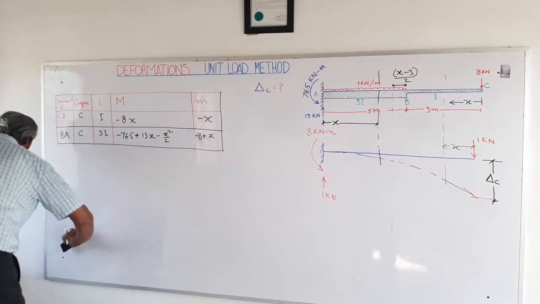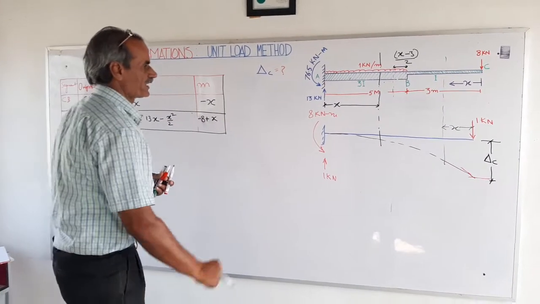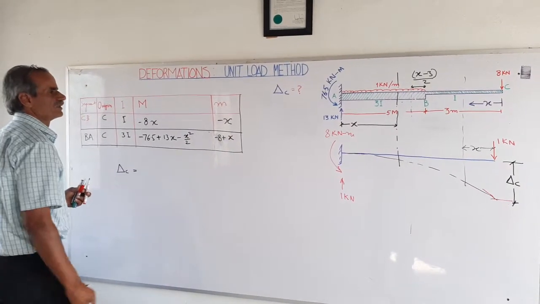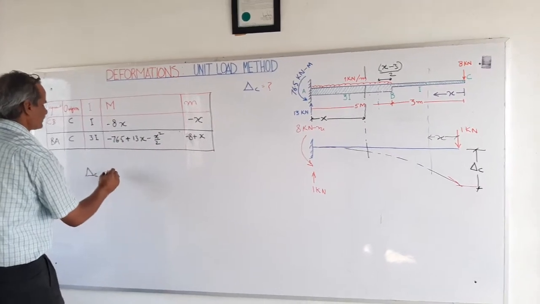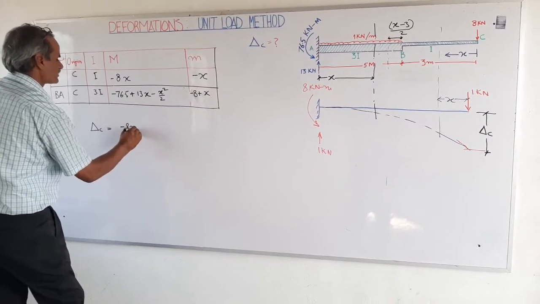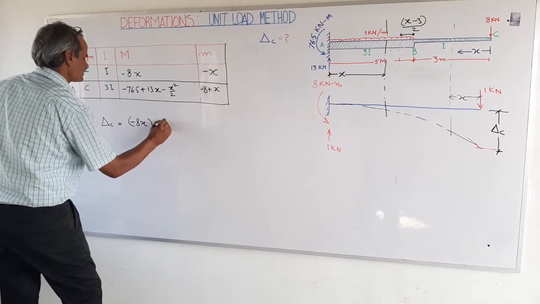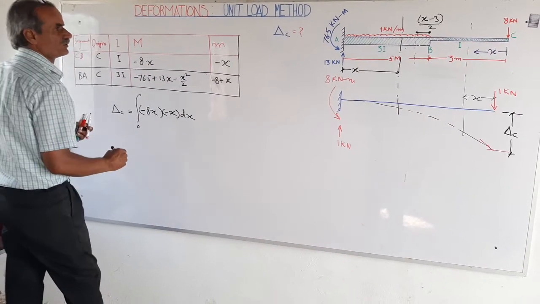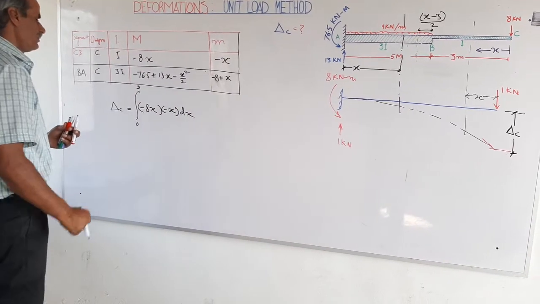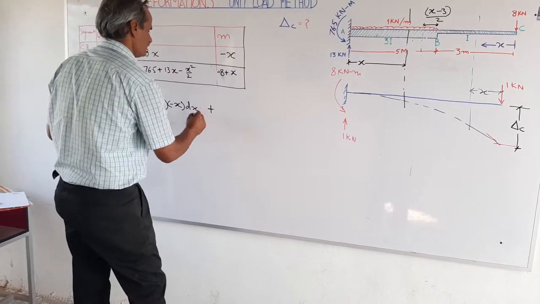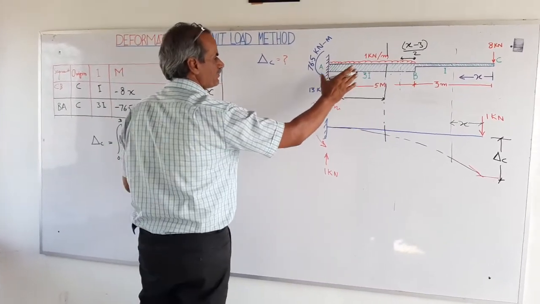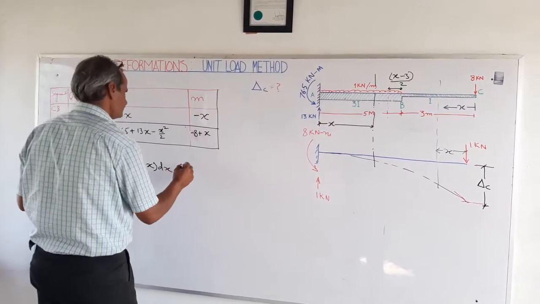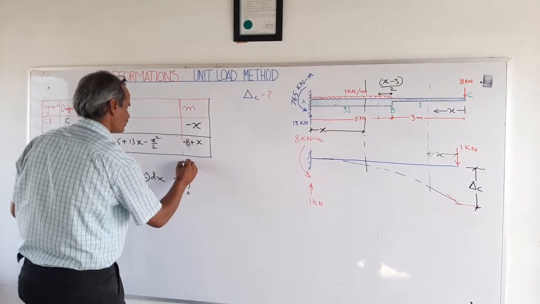The formula given by the mathematicians is that deflection at C is equal to, first of all, the first portion, that is minus 8x into minus x dx, from 0 to 3 meters, plus again the product of both the bending moments, that is for the service load and for the unit load, in the portion AB, and keeping the limit from 0 to 5,